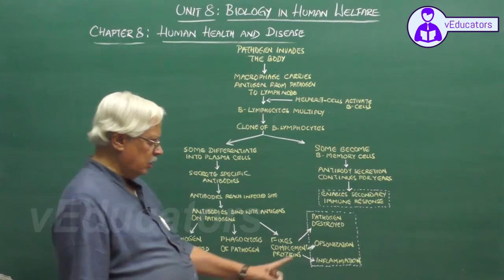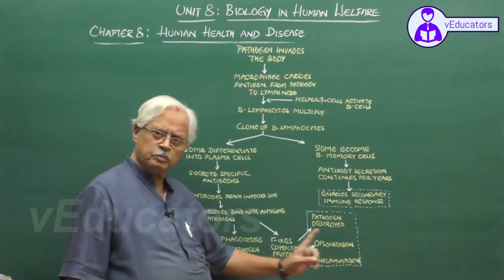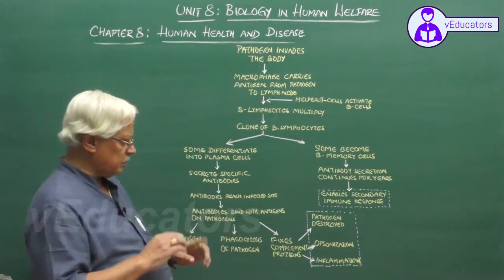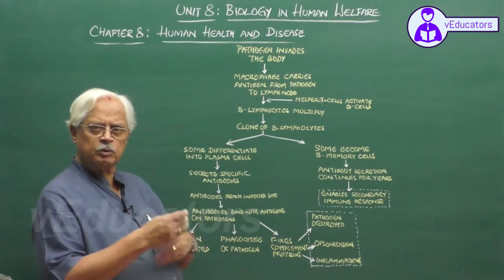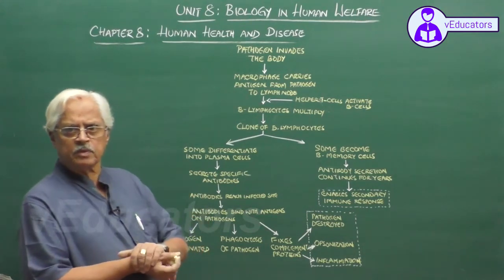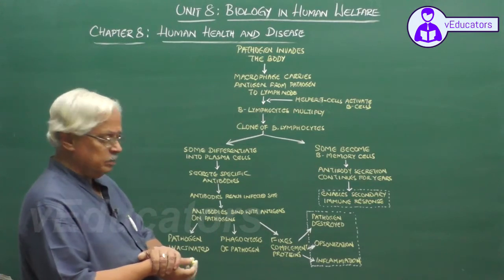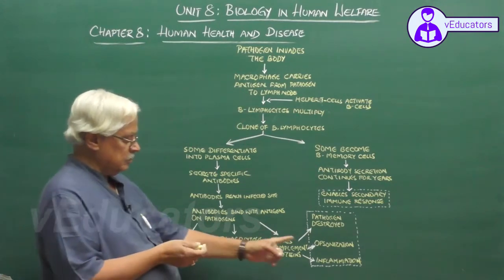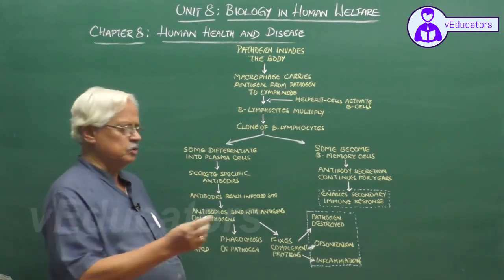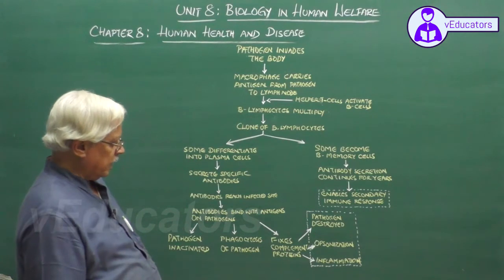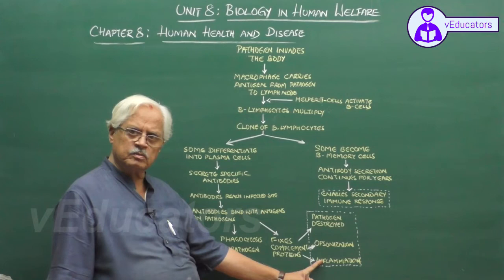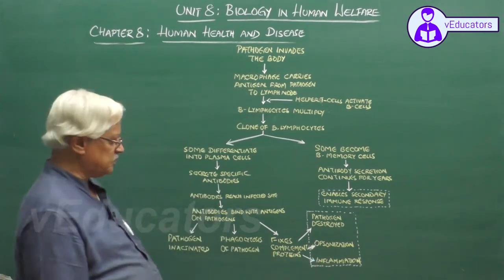That is called opsonization. Opsonization literally means to make it tasty, because some of the bacteria have a protein coat which cannot be directly ingested by the WBC phagocytes. Opsonization makes it possible for the phagocytes to engulf them, and the other possibility is inflammatory response.